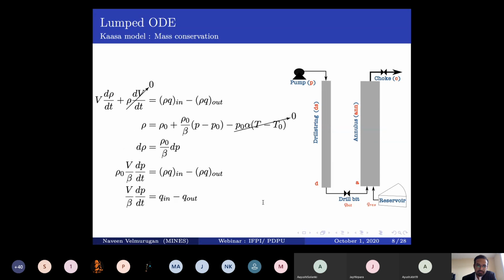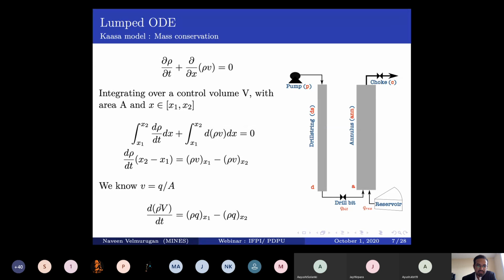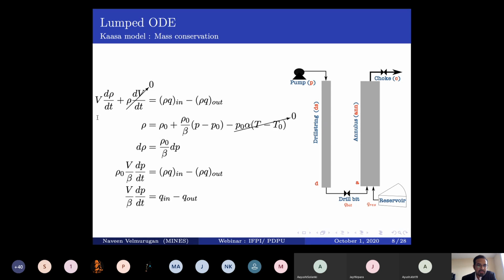The next step is just consider this equation, right? Now you want to apply chain rule for this derivative. Then you get a term in d rho by dt, and then you have dv by dt. What it means is this is a derivative of your volume. If you don't consider that you're drilling ahead, or if you're not adding a new pipe on the top, then your volume is not changing with respect to time. So we consider this particular derivative to be 0 for simplicity.